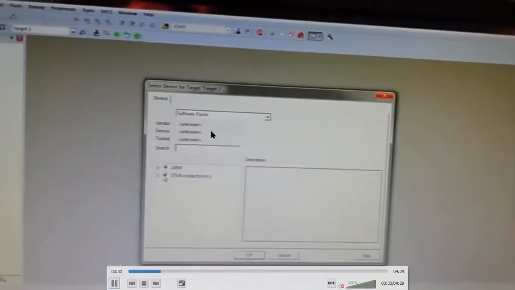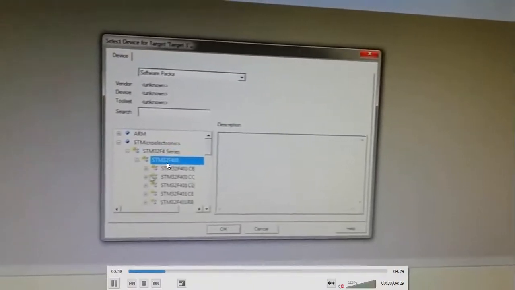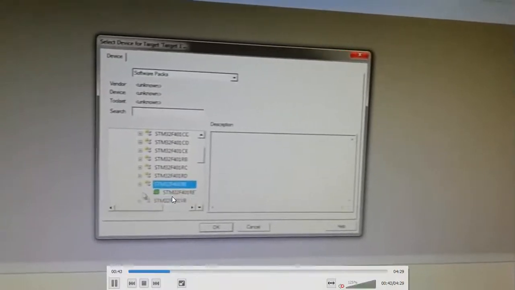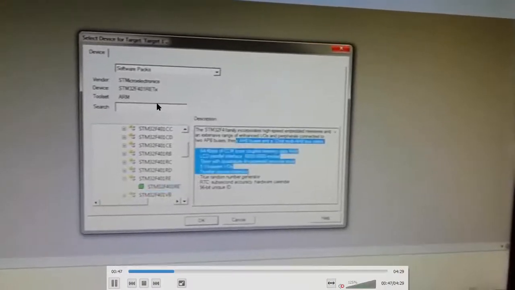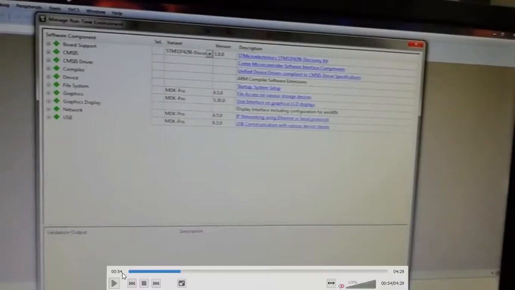Select software packs, and within that select our Nucleo board STM32F401RE. Once we select it, we get an option showing what peripherals we have and can use for our program. For our program we are using the peripheral called LED, so let us check where the LED is present.